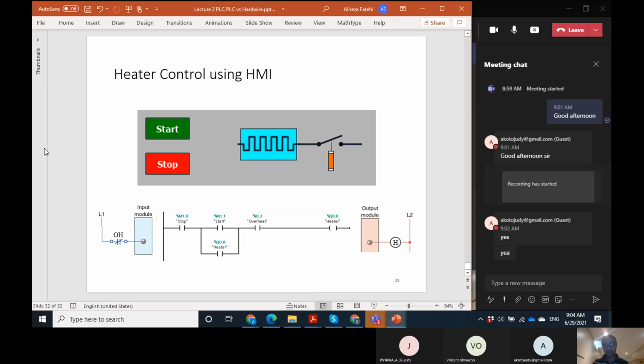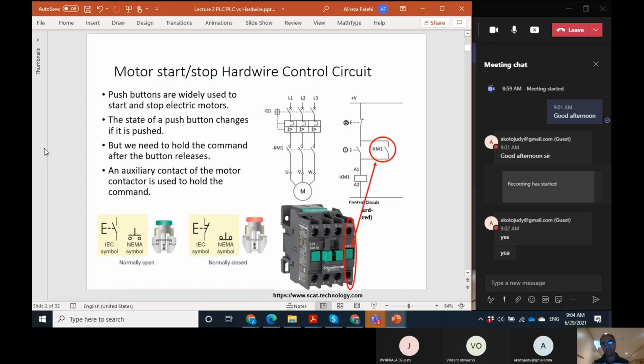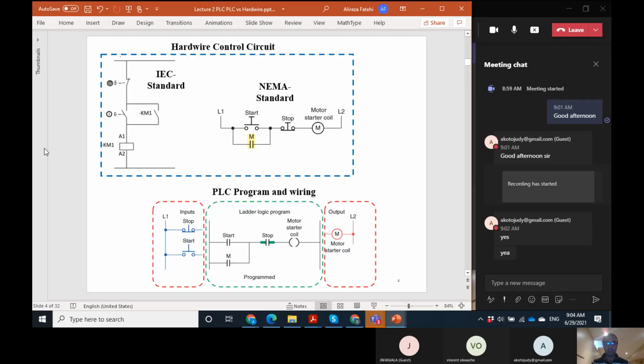Last week we studied the basic programming. Of course, last session, lecture 2, the basic programming tools on PLC and what is that, and the relation between the PLC control system and the hardwire control system. I just want to review, very fast review, and then I ask you your question. I'm asking your question after that, if you have any question on this lecture, and then we will continue this